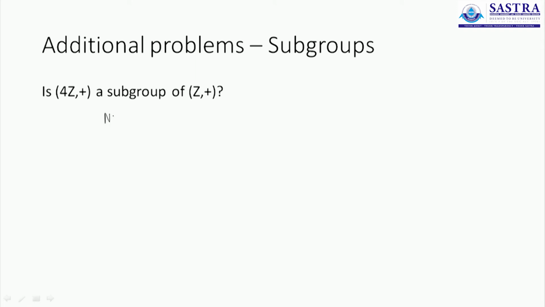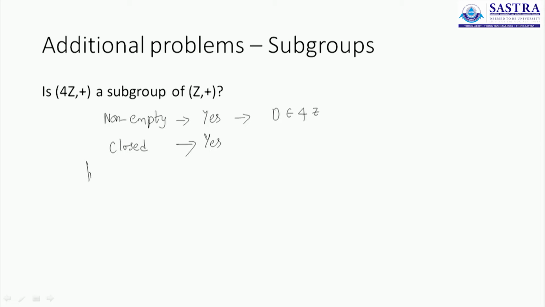Is the set of all multiples of 4 non-empty? Yes. You can clearly find at least one number that belongs to the set of all multiples of 4: 0. The identity element is part of the set. Is it closed? Of course it is closed. You add 2 multiples of 4, you are bound to get another multiple of 4. You add 12 and 20, you will get 32. You add 40 and 44, you will get 84. All of which are multiples of 4. So it is closed, yes.